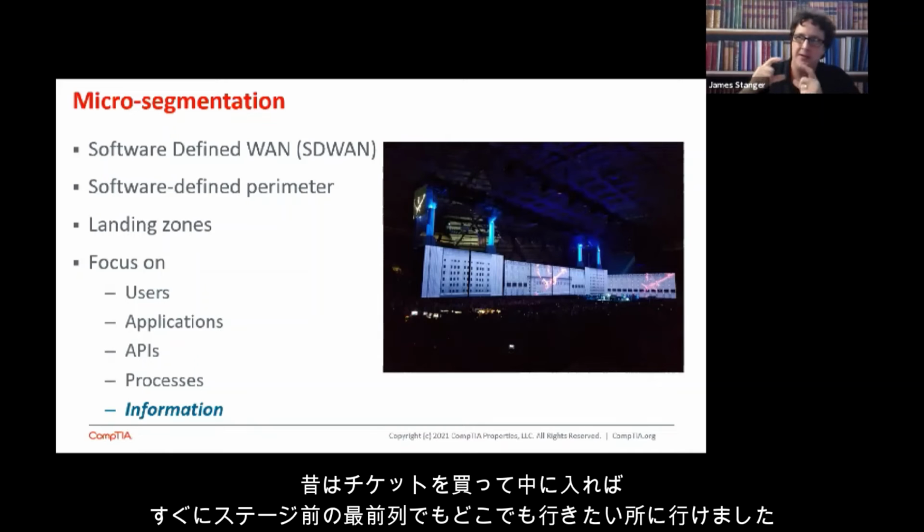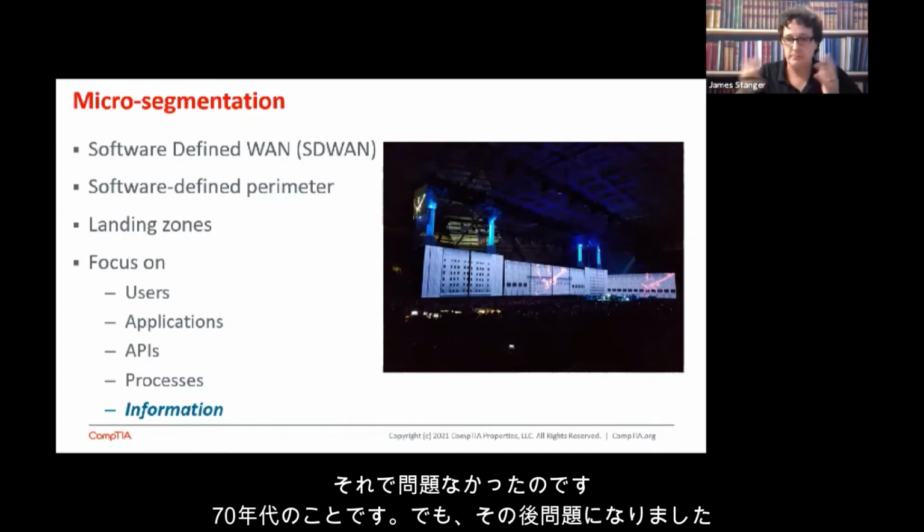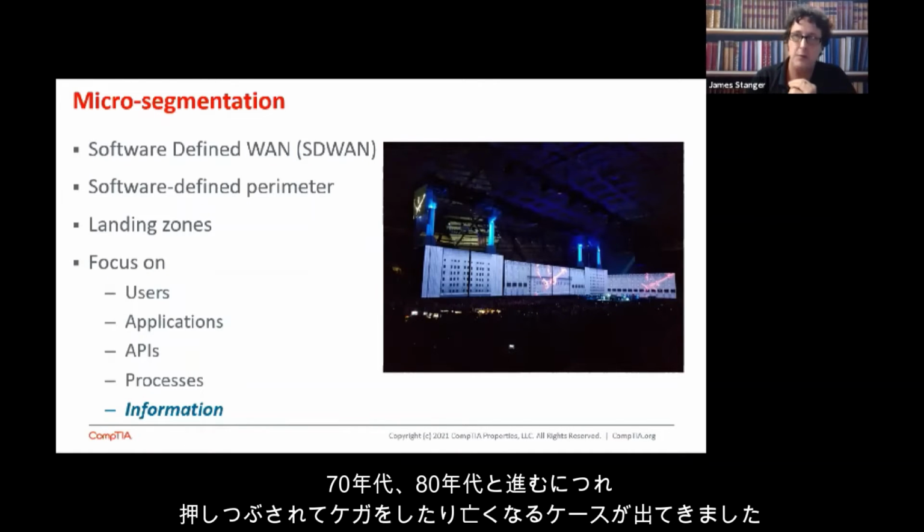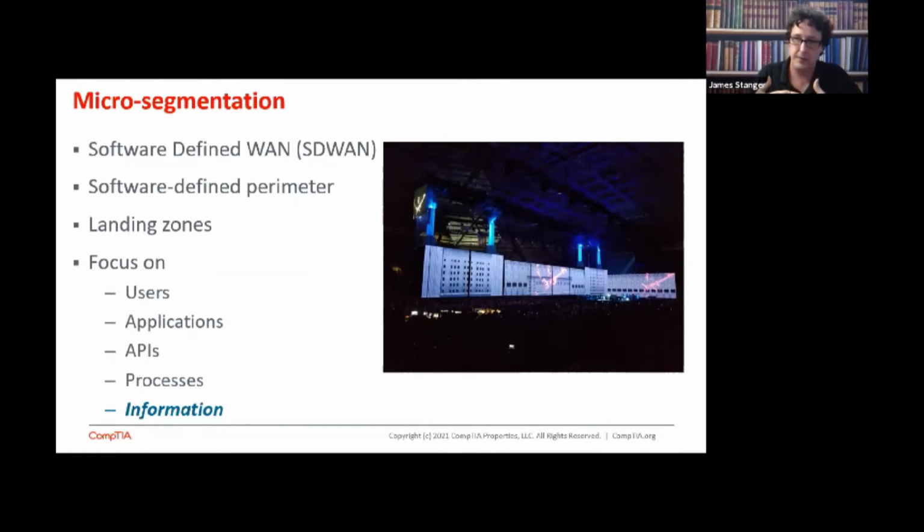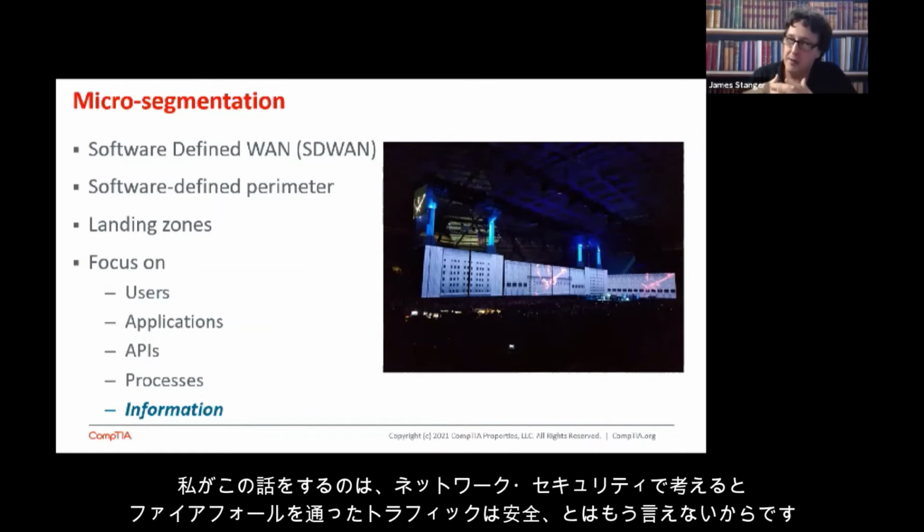It used to be you got your ticket and you could walk into that concert and you just ran up to the front of the stage or wherever you wanted to go, and there was no problem. Well, that led to so many problems. This was in the 1970s. By the 1970s and 80s, there were people who were getting hurt and even killed in concerts because they were crushed. The reason I bring this up is when it comes to network security,